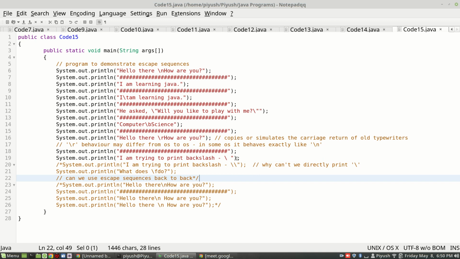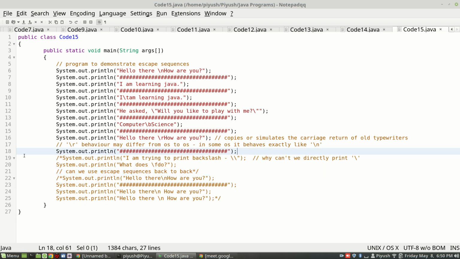If you have a doubt, you can stop me right here. I'll delete this line if you have understood, because that will give an error. Now I have also raised one question here. Why can't we use a single backslash?